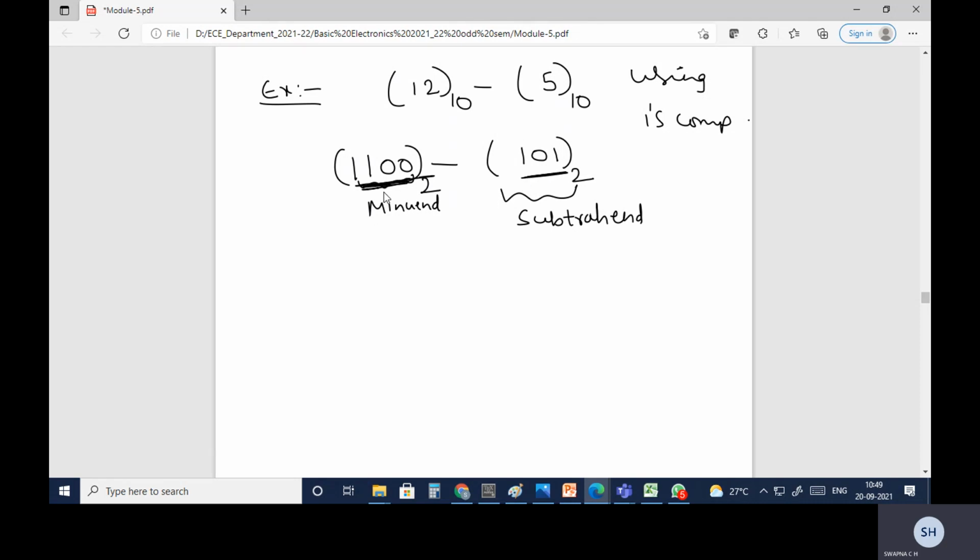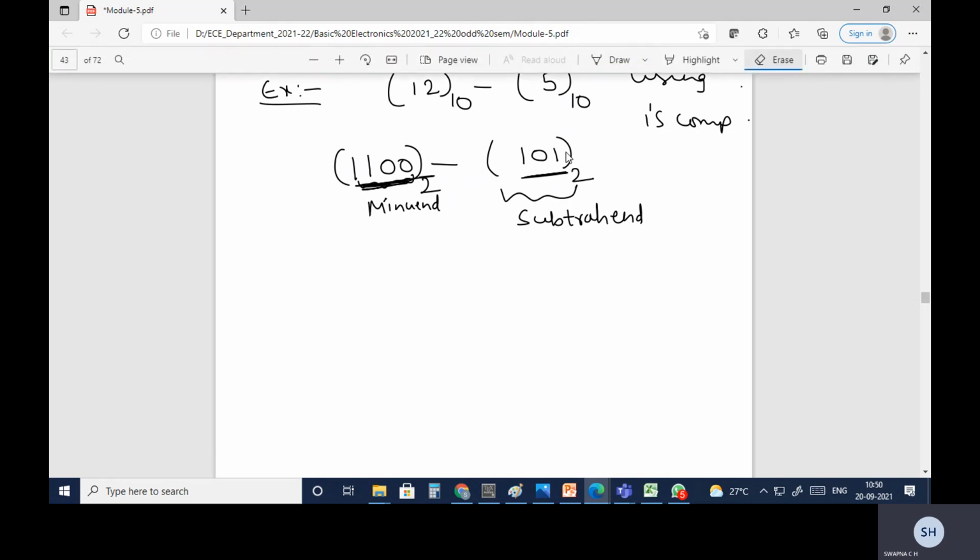You always need to make the number of bits equal. I cannot append a 0 after, because it will change the meaning, so I'll append a 0 before 101, so that the minuend and the subtrahend have an equal number of bits. This is the second step, where I have identified the minuend and the subtrahend.